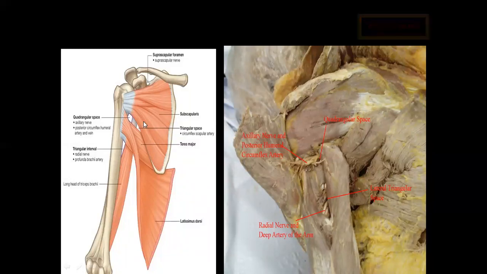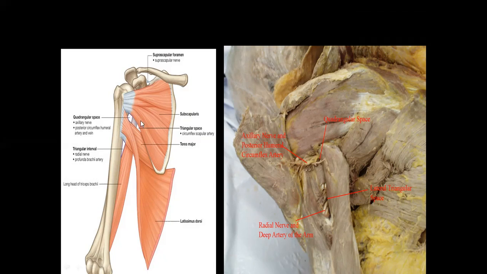Superiorly it is bounded by teres minor. Lower down, this area will be teres major. Here you will find the long head of triceps, isn't it? Medially. So what are the structures you can see piercing like this? So this is the axillary nerve along with the posterior circumflex humeral vessel. You can correspond the boundaries with this. Pause the video wherever you are finding difficulty. Read for yourself. Listen to the lecture again. It becomes easy for you.